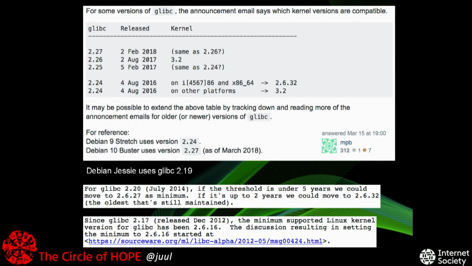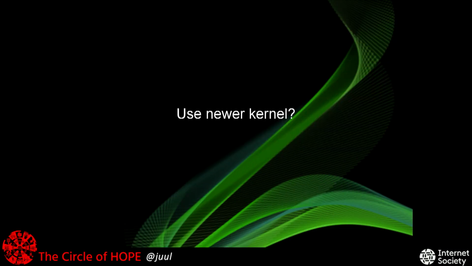For 2.19, you can actually do it with 2.6.32, but if you recompile glibc with a different flag, then you can get it all the way back to 2.6.27. So if we recompile glibc with another flag set, then we should be able to run Debian and Stretch. So I set up a